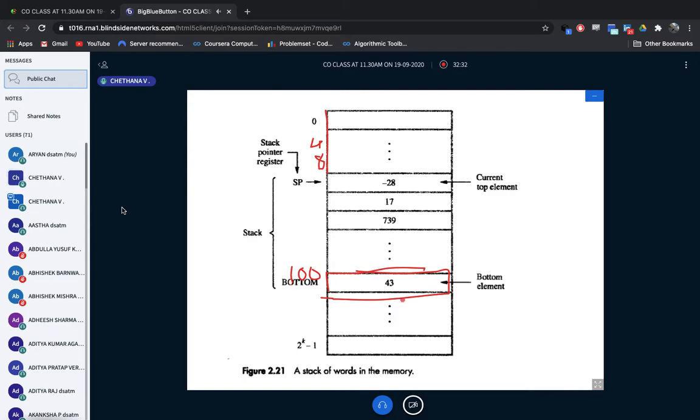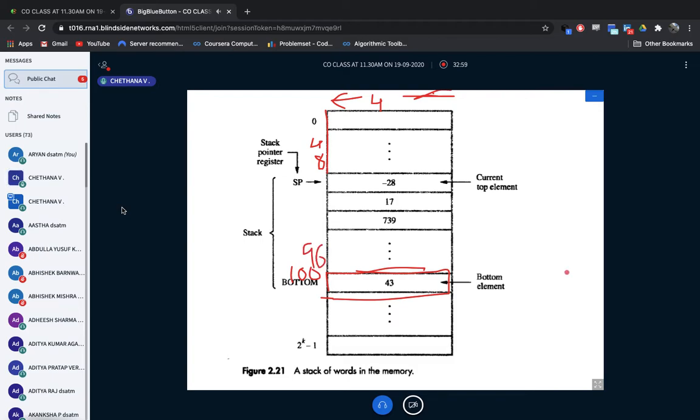Now whatever data I insert, I'm going to insert it at the next location by decrementing the address. What's the decremented address of 100? Can you tell me? In terms of a word, it is 4 bytes. A word is actually 4 bytes, that you should keep in your mind. Now, decrementing, how much does it become? Very good, Ankit, the first person to give the answer. Very good, Ankit. It becomes 96.